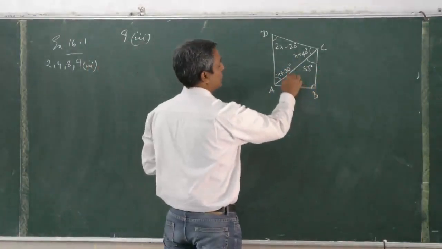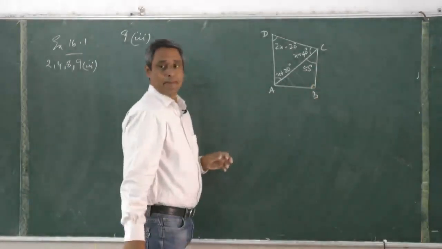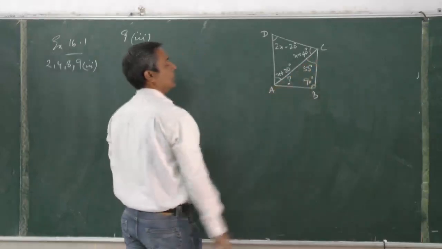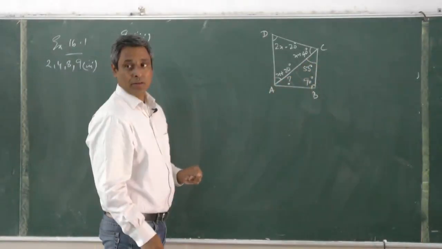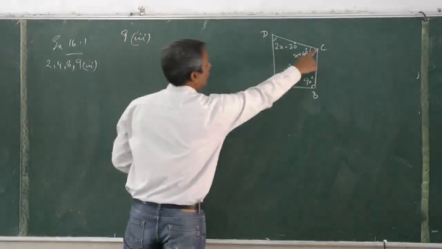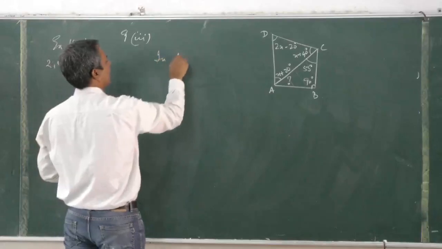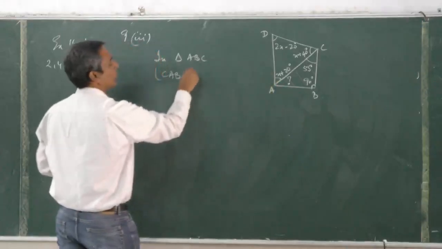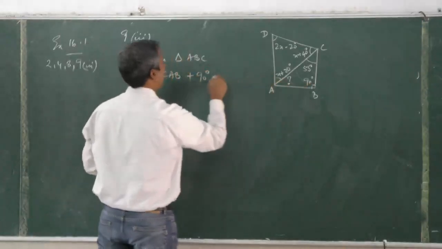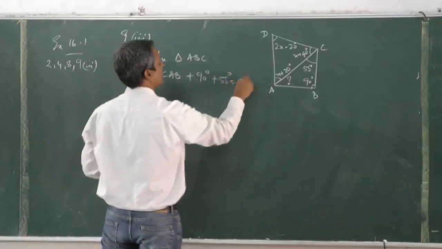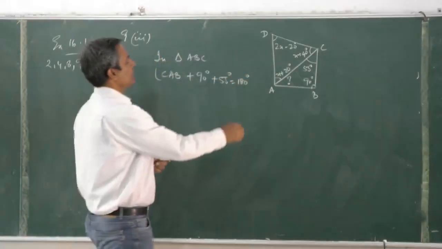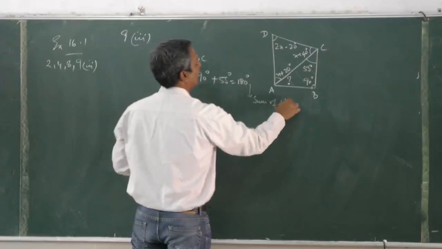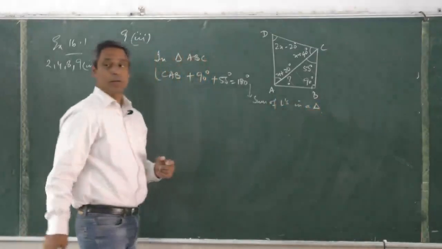First, I would encourage you to look at this triangle. That is a right angle triangle. This is 90 degrees. This is 55. This is not known. So let us first find that angle. I will call it angle CAB. In triangle ABC, angle CAB, that is the unknown angle, plus 90 degrees, that is this angle, plus 55 degrees is 180 degrees. What is the reason for this? Sum of angles in a triangle.